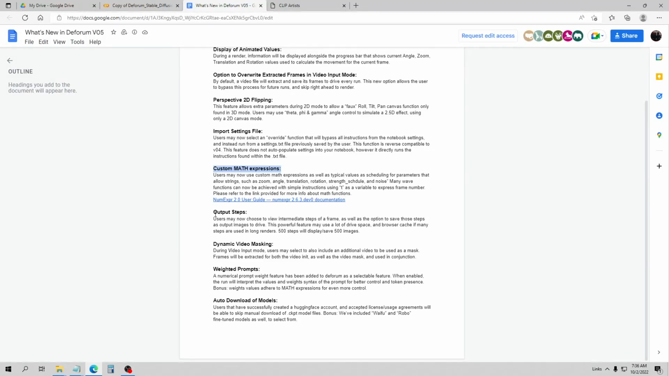Okay, and the next one here, output steps. What this one will do is let you view the iterations. Like if you have 50 steps, it'll save those steps. You can save all 50 of those steps now, not just the one image. So that can take up a lot of space, but let's get to this next one here, the one I'm going to do right now,